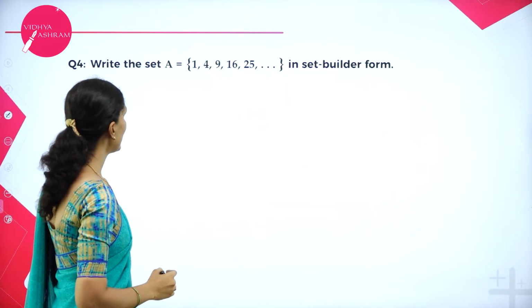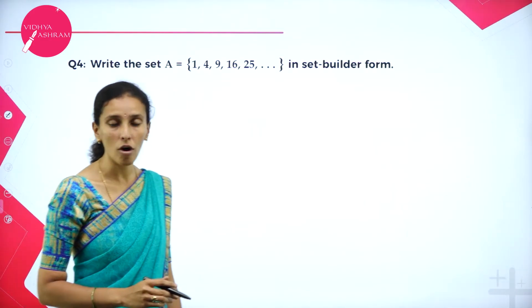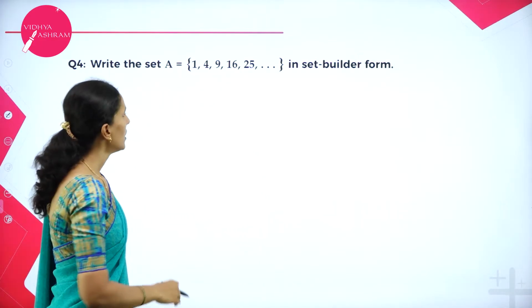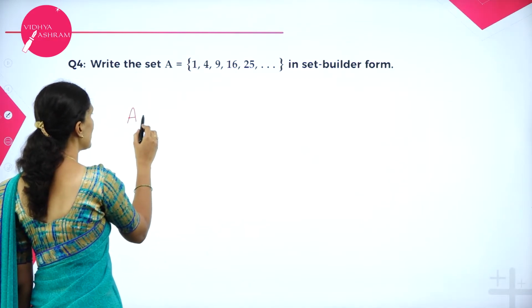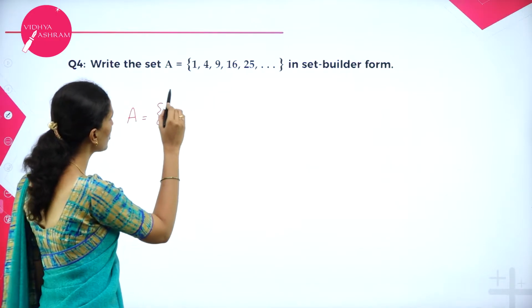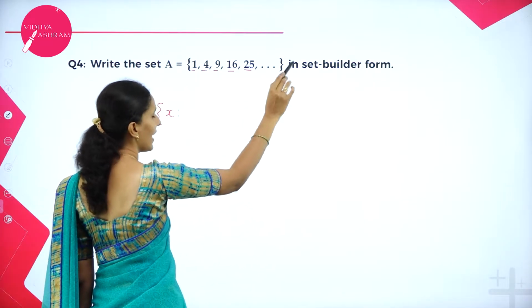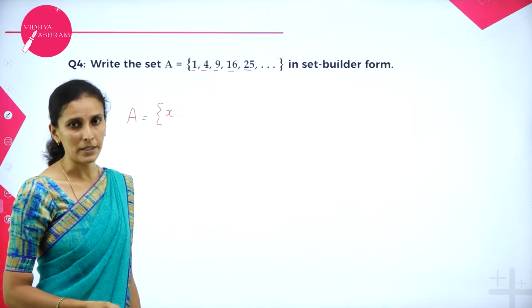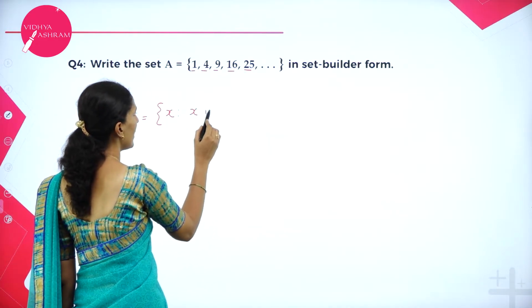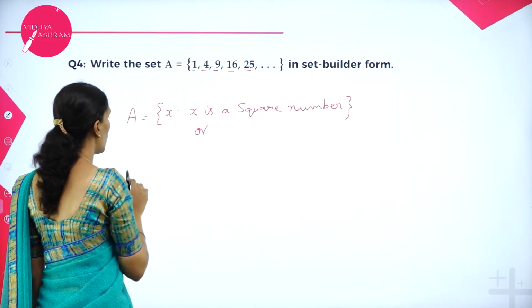Next. Write the set A = {1, 4, 9, 16, 25} in set builder form. So here the numbers are listed, and we are going to describe their property. So you can write like this: A = {x such that. What is the condition of x here? So here you see 1, 4, 9, 16, 25, etc. They are all square numbers. So you can write x is a square number, or you can denote it with one more